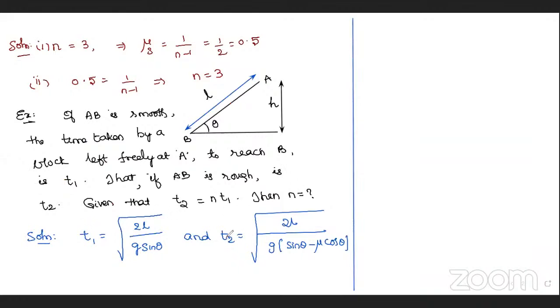These two equations, he said T2 is equal to n T1. Then n is equal to how much, he is asking. Take these two equations, square and solve. Previously we got a mu equation. I think you got mu equal to 1 minus 1/n square something previously, if I'm not wrong. Mu is equal to